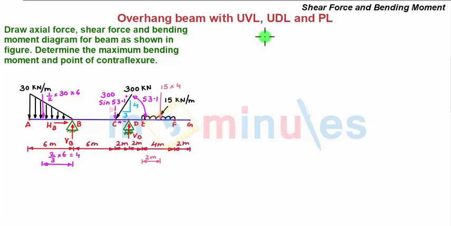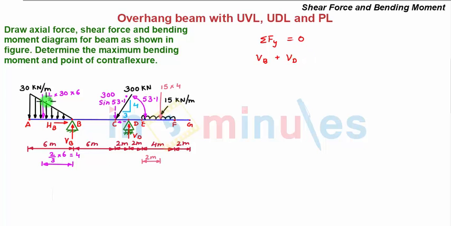Next we apply another static equilibrium equation, which is summation of all vertical forces is equal to 0. Now we consider all the vertical forces in this beam. A sign convention is upward force is positive and downward force is negative. So we have the two upward forces are VB plus VD, which are the support reactions, and the downward forces